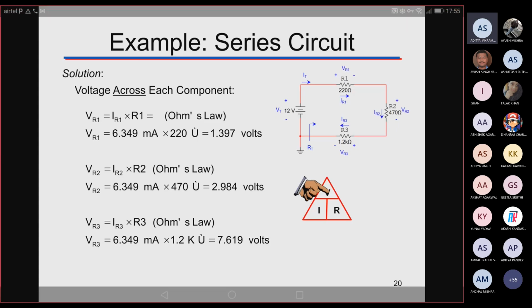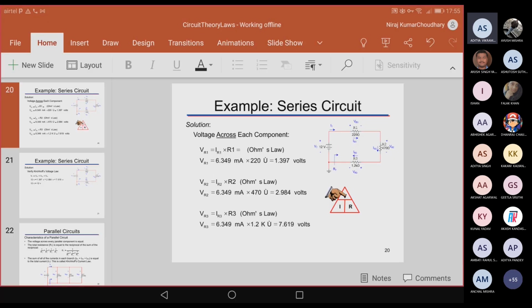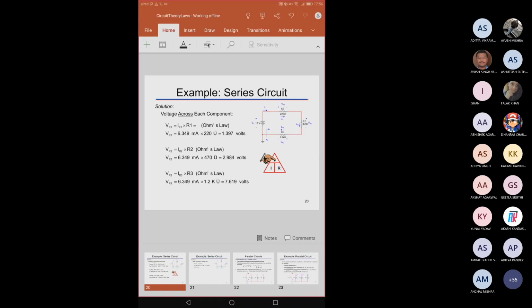So I hope the introduction part is clear to all of you. Any question from anyone? No, sir. Sir, that assignment you are talking about, will you share that assignment in Teams, or how will you share it? No, I will share it on Teams only. I will give some basic questions related to KCL and KVL in some complex circuits. I will upload that. You will get the notification for the same.